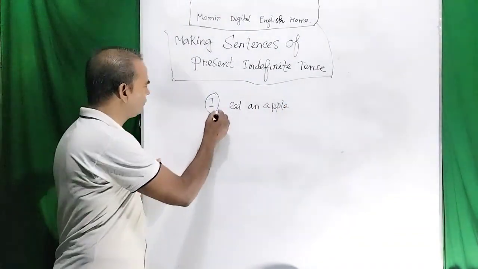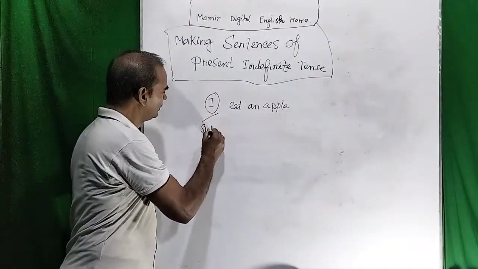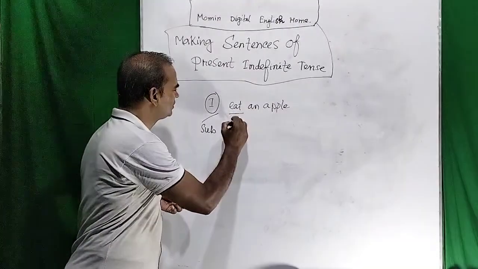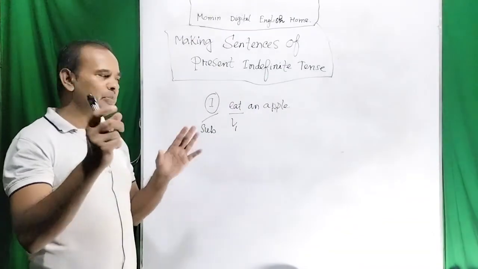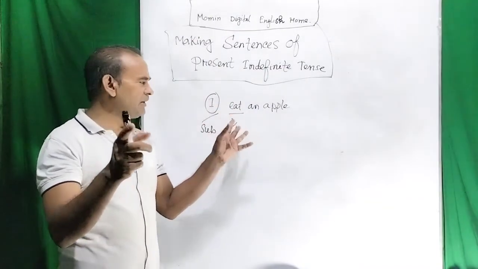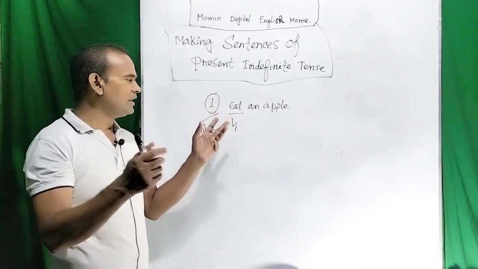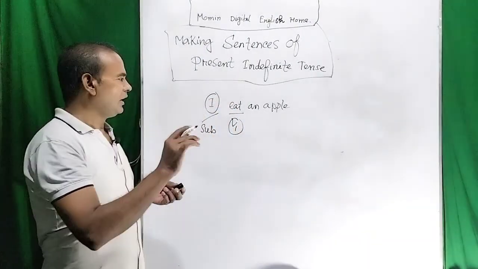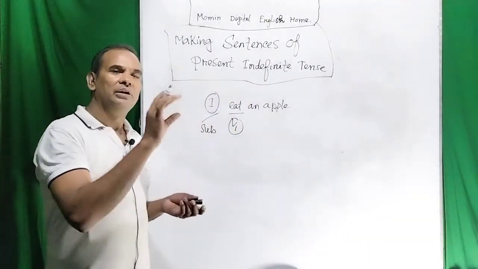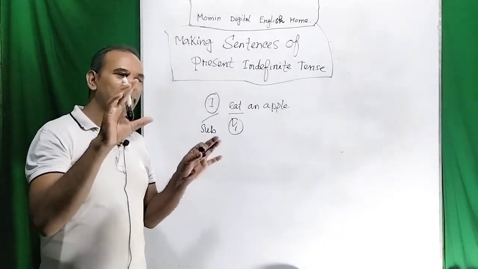So first of all, you have to use the subject, and secondly you have to use the V1 according to the present indefinite tense. So while you are making sentences of present indefinite tense or present simple tense, you have to use the V1 after the subject, and the subject must be used